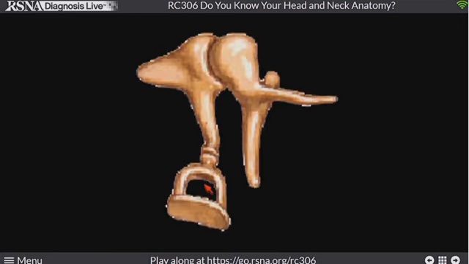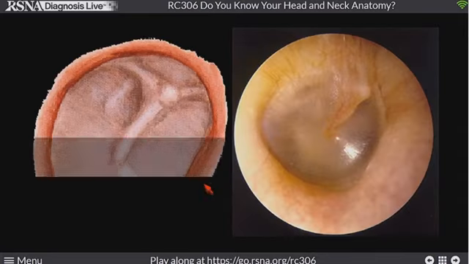So we have some big physics going on here, mechanical dynamics, with the big surface area of the tympanic membrane to the very small attachment of the TM going up to the head of the malleus, to the incus, again a small surface area at the superstructure of the stapes, and then a larger surface area at the oval window itself.